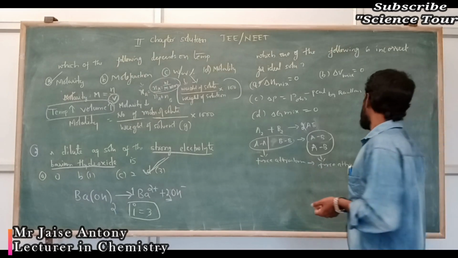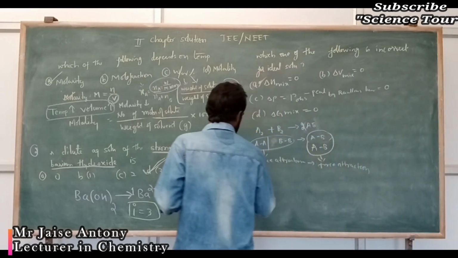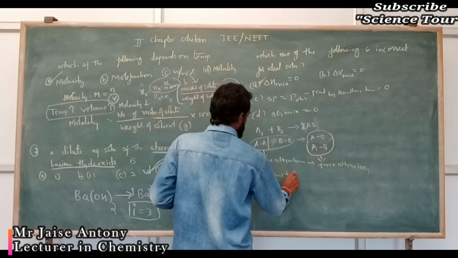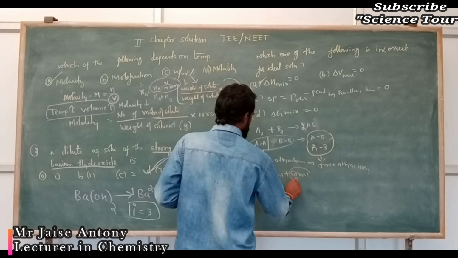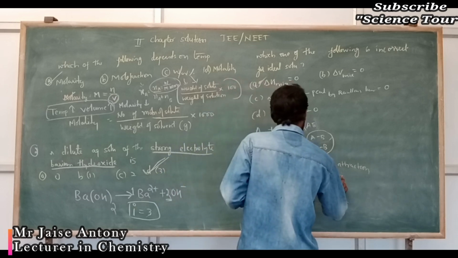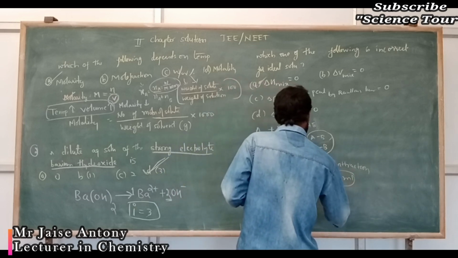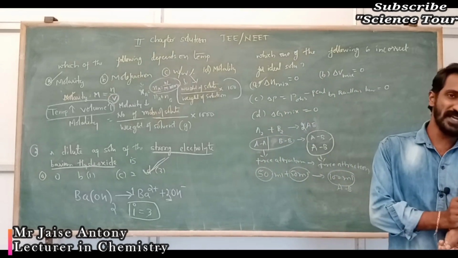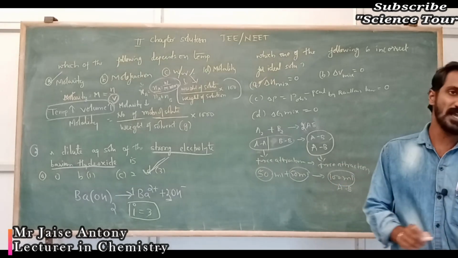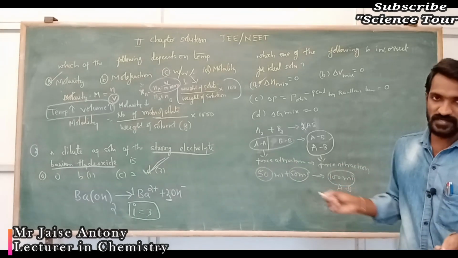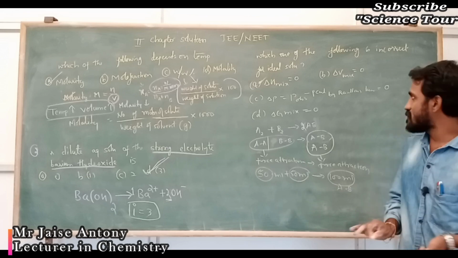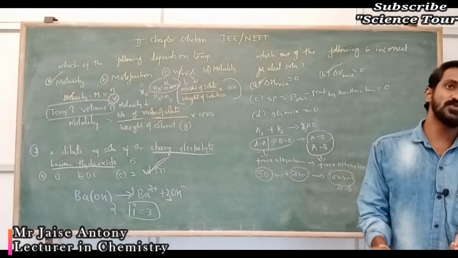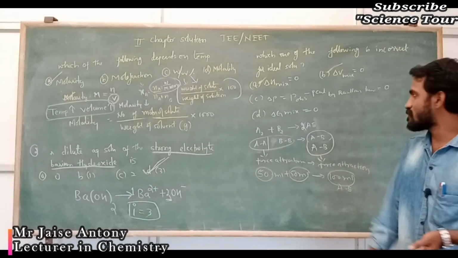And one more point, volume changes. I will tell you. If 50 ml of A is taken and 50 ml of B is taken, and these two mix, I will get 100 ml of AB. That means the volume you took is the amount you get after mixing also. That means volume does not change. Volume remains constant, so delta V mix is equal to 0.